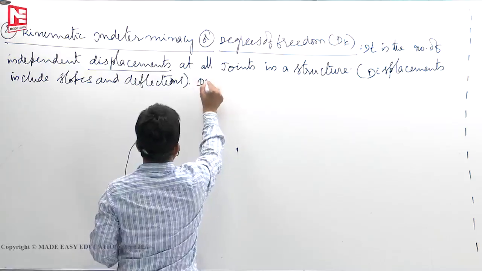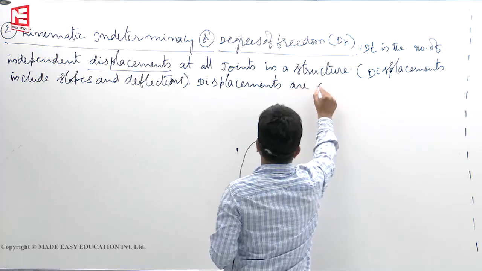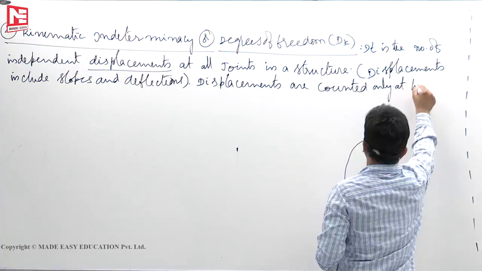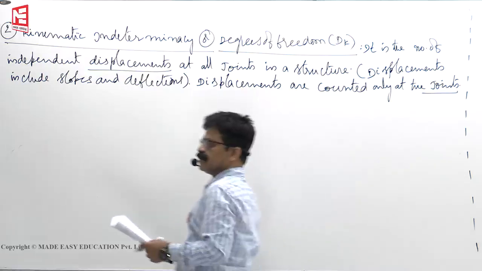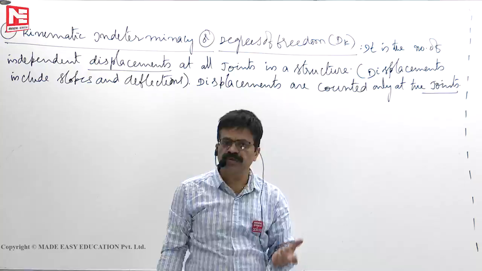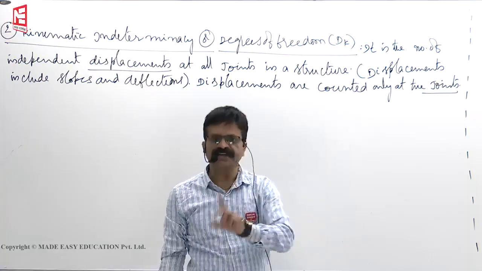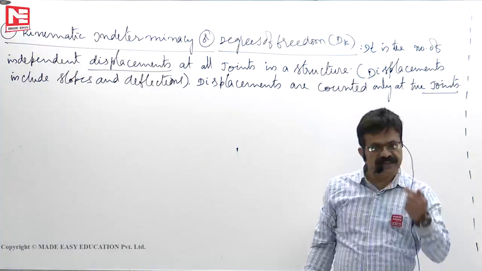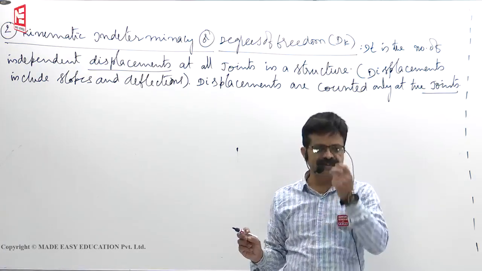So here such displacements are counted only at the joints. You will count how many independent or unknown displacements there are. Such independent displacements you count only at the joints, not at intermediate locations. Why not at the intermediate locations? For intermediate locations between the supports, for a slope or deflection, you have studied in strength of materials